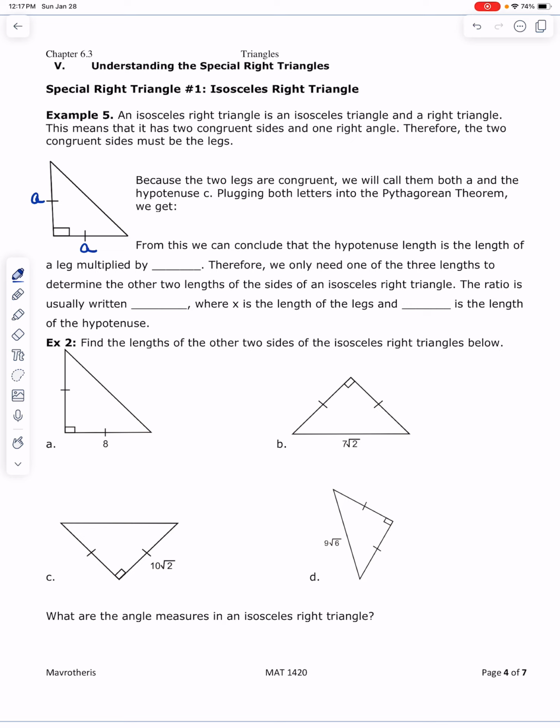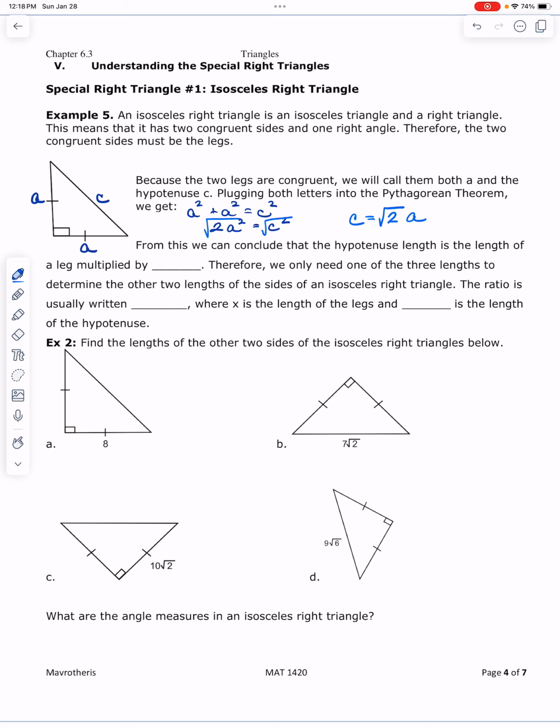So A and A. Here's my hypotenuse, C. Why am I labeling them A and not A and B? I know they're the same length, so A represents that same size. If I combine both, I get 2A squared equals C squared. I can go ahead and take the square root of each side so that I can solve for C, and C is going to end up being square root of 2 times